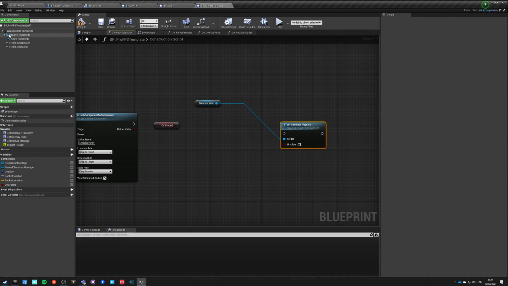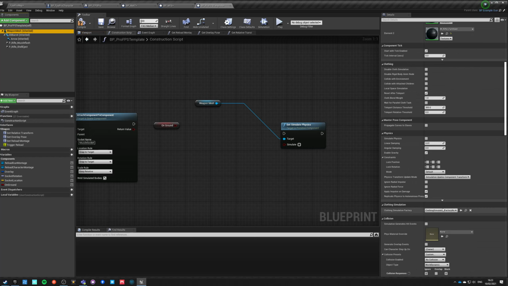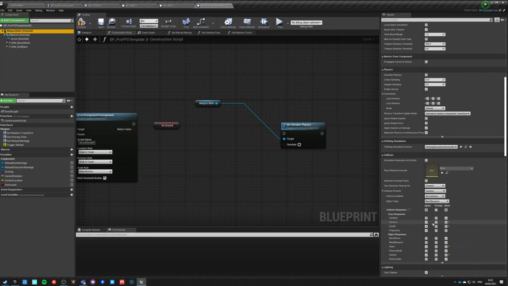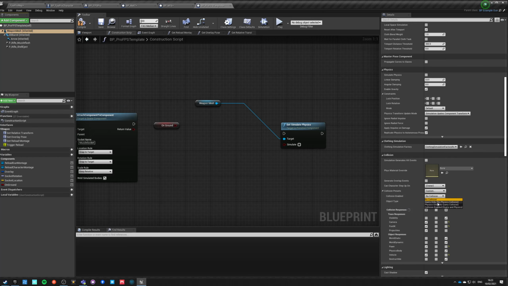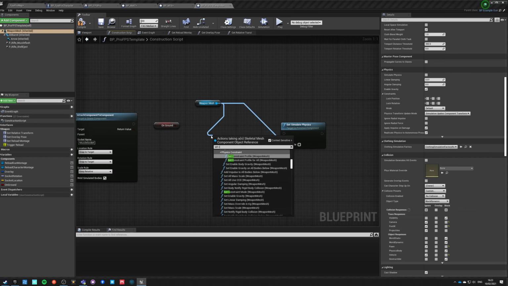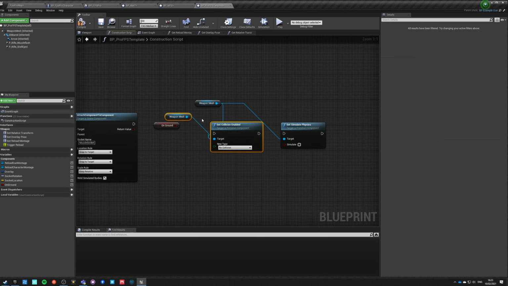But before we set simulate physics, we need to change one more thing, and we have to change it again later on if we change the way we work. So collision enabled, saying no collision. What we want is full collision. So collision enabled, query and physics. Set collision enabled. So we're setting collision enabled, and the one we're picking is collision enabled, query and physics.